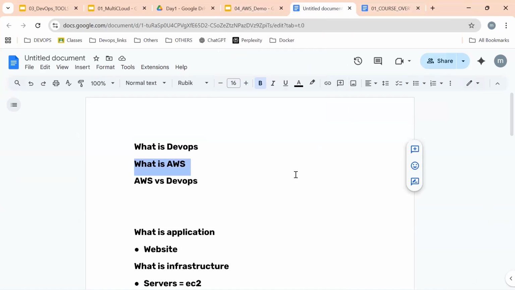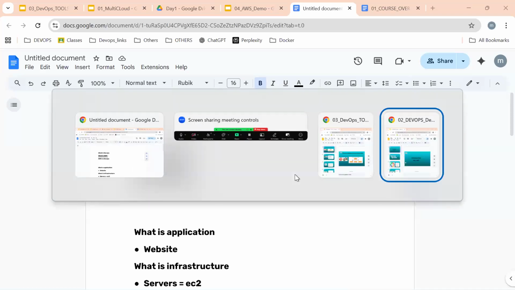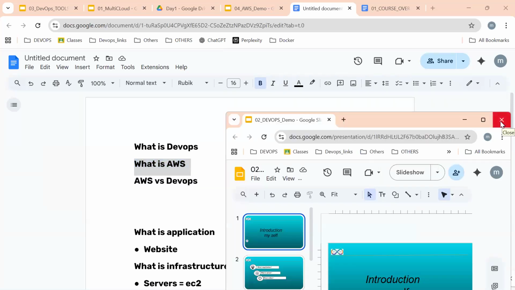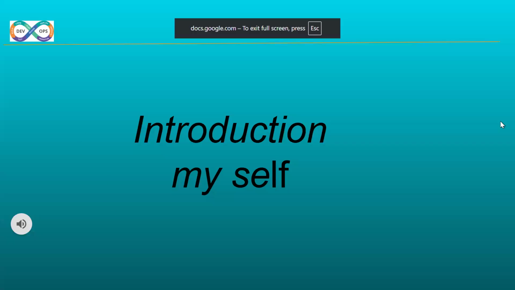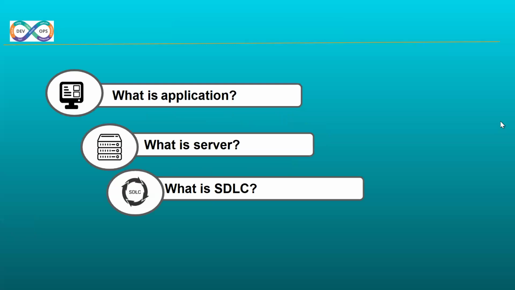Fine. So tell me, as we discussed in the last session, in the beginning, what is an application? We discussed what is a server, what is an SDLC, what is an application. The working software written in any programming language we call an application. That application is placed on the server side. Once it is placed on the server side, we can access it on the internet as a website like Flipkart, Amazon, or Book My Show.